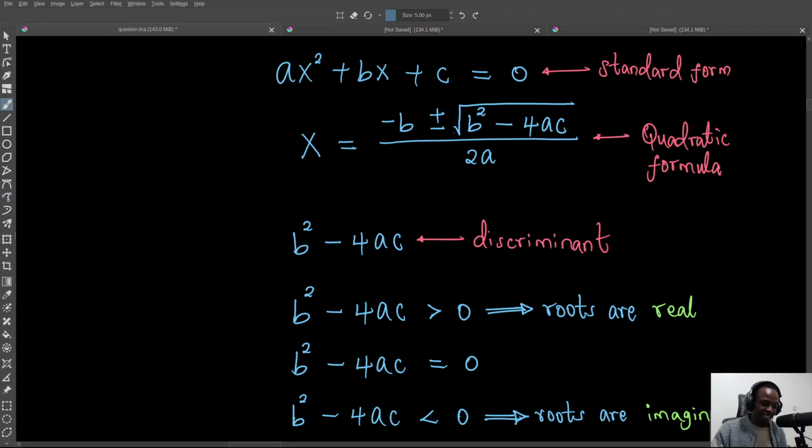So it means that the two roots are going to be equal, because if all of b squared minus 4ac evaluates to 0, it means that x can only be negative b over 2a. In that case, we say that the two roots of the quadratic equation are identical, right? Because x is just negative b over 2a,